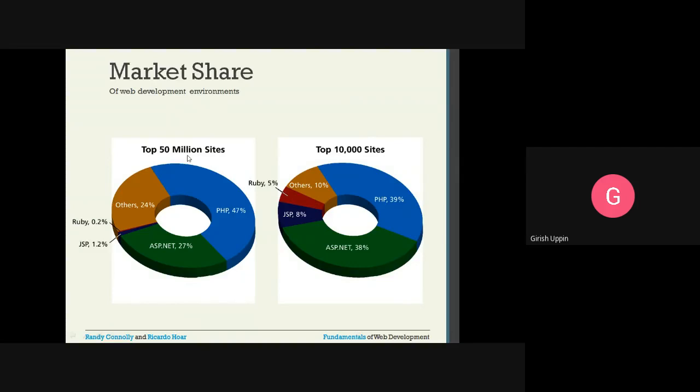So of these many websites, you can say almost half of them are developed with PHP. So the skill set we discussed is HTML5, CSS, JavaScript, and PHP, with good knowledge of any relational database.